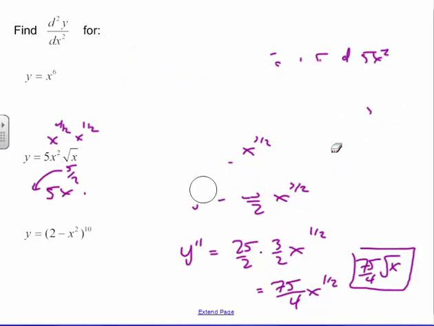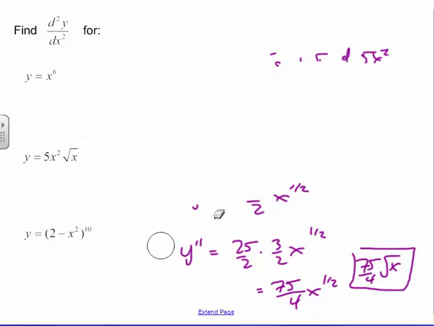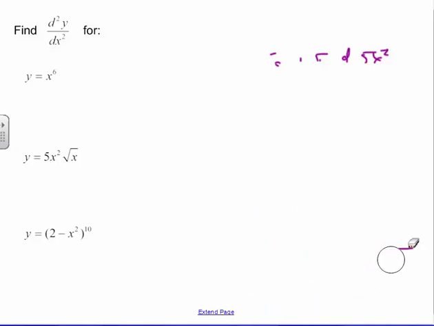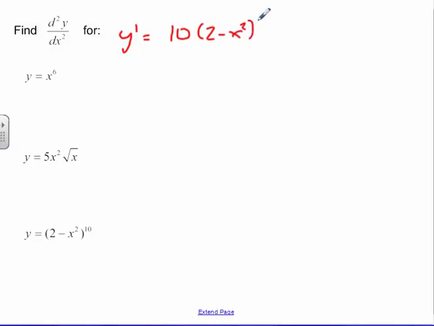So, okay, one last time here. Let's deal with this last one here. This one is a chain rule. And the chain rule one becomes challenging because you've got a baby inside that you're going to find the derivative of. And then you're going to have to do that again when you do the second derivative. All right, so first derivative. Pull the 10 down in front. 2 minus x squared, drop the exponent down to 9. Take the derivative of the baby inside,